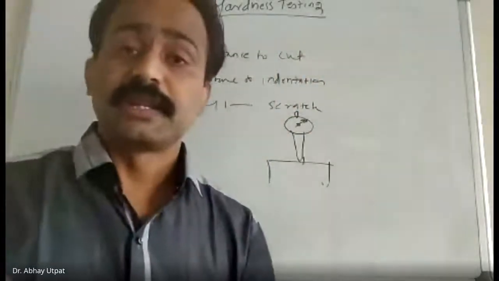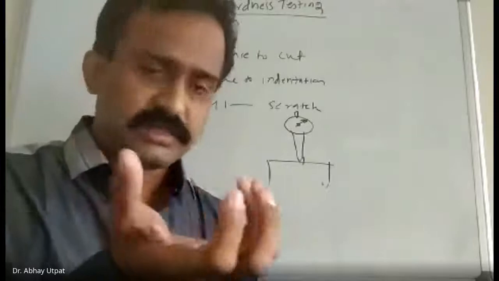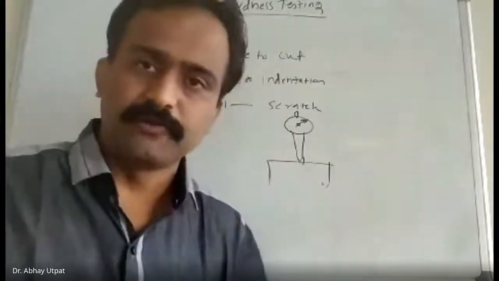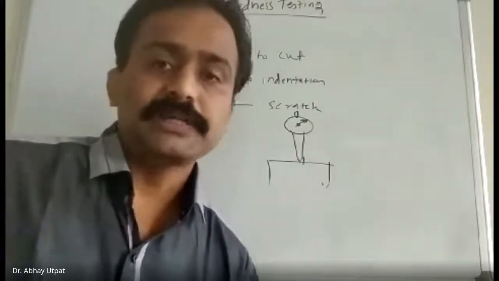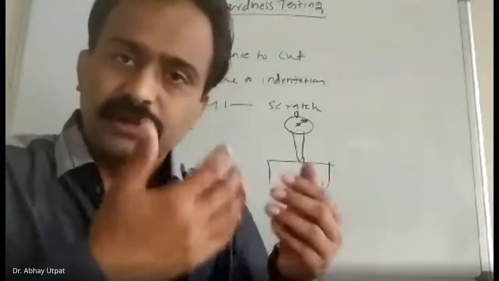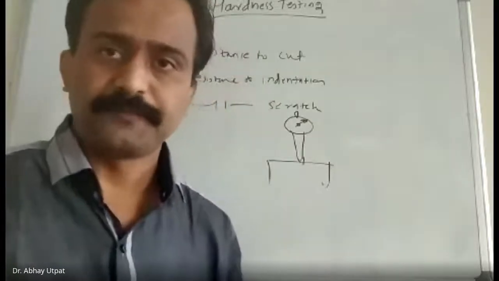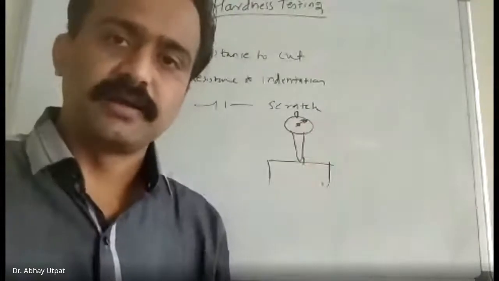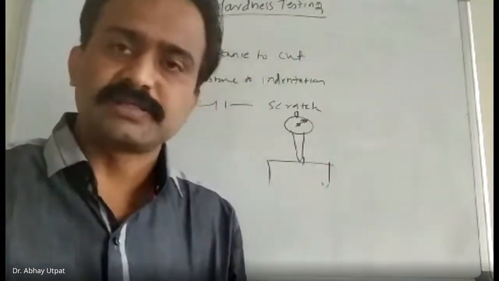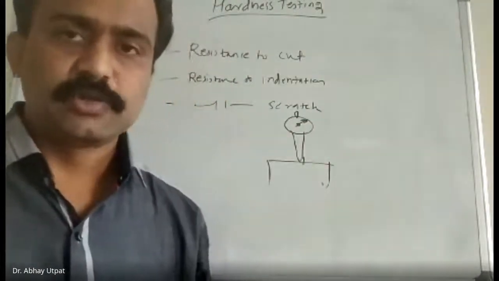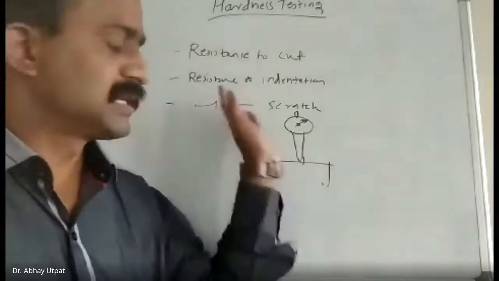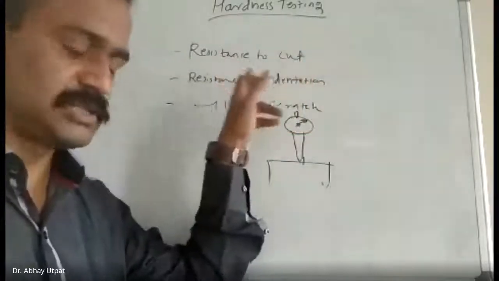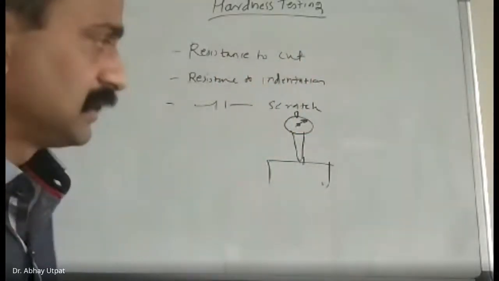Next thing is resistance to rebound. Means if you take a component and put it on the ground, how much height can it achieve after rebounding? If it rebounds much, then it is less hard. But if it does not rebound much, we can say that it is more hard. So actually all these are on an indirect basis, but these are the definitions of hardness. You remember: resistance to cut, resistance to indentation, resistance to scratch. Now this